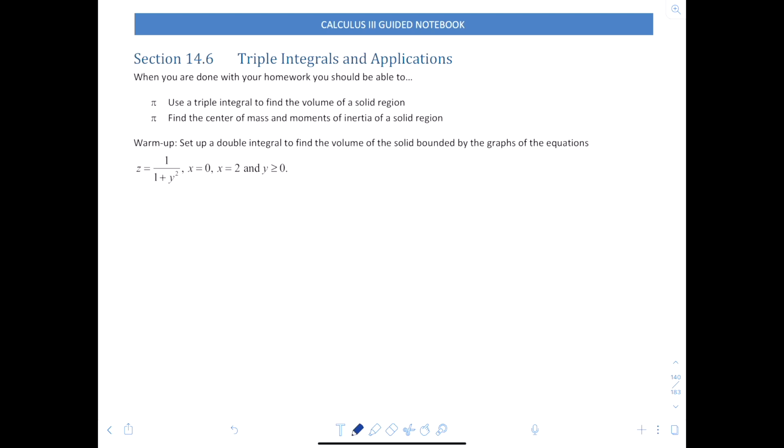So our goals today are to use a triple integral to find the volume of a solid region and to find the center of mass and moments of inertia of a solid region. So let's go ahead and warm it up